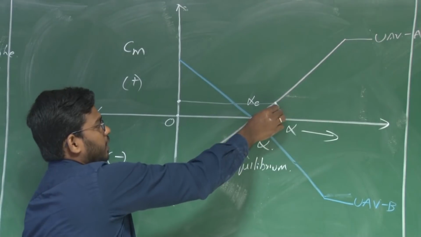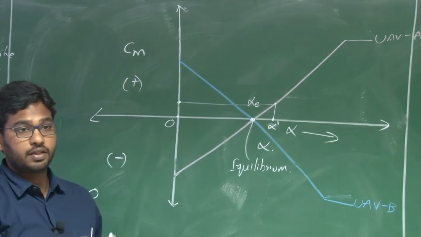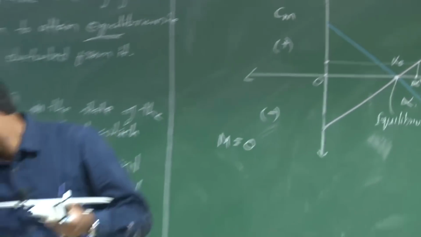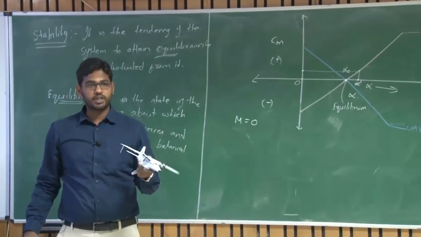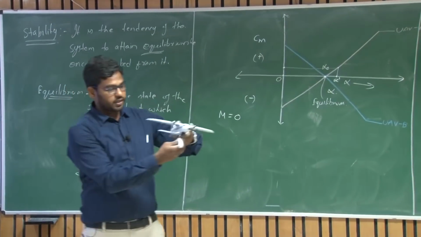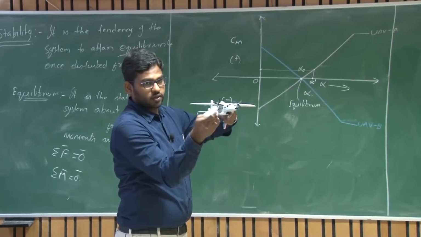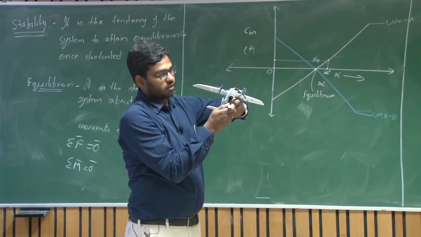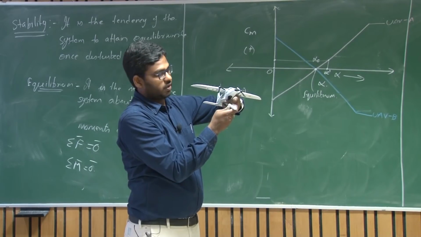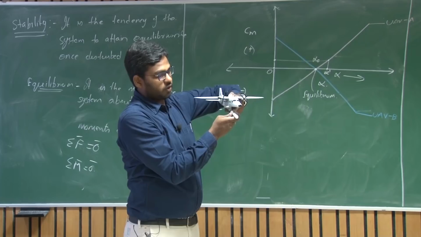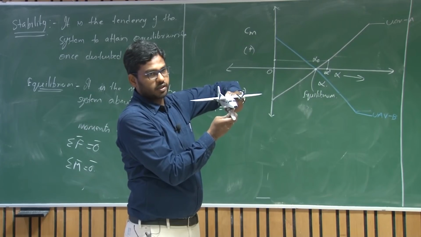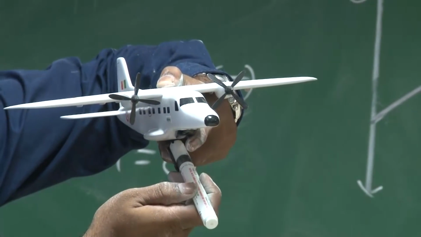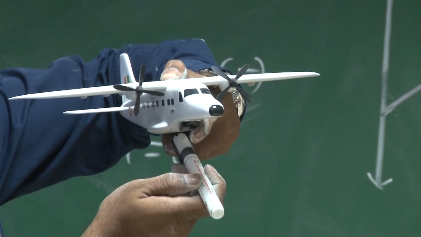So as the angle of attack increases, there is a change in the moment and the resultant moment is positive, which means there is a pitch up moment, right. So initially say this marker represents the angle of attack. This is V infinity and this is your angle of attack, the angle between them. So this is the trim condition, let us assume, this is your alpha E. Because of a small change, there is an increase in the angle of attack, a small external disturbance.